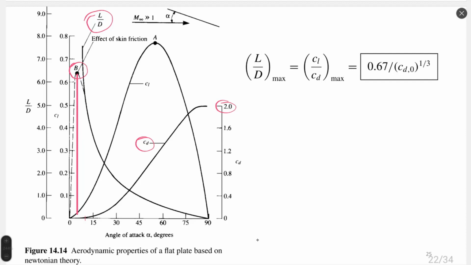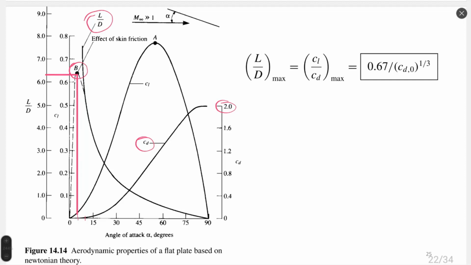Approximately at 5 degrees angle of attack, it gives us the maximum possible lift to drag ratio, taking into account skin friction effect or presence of boundary layer. With presence of boundary layer, lift to drag ratio will never be infinite. It will have at most a value a bit more than 6.3, 6.4, as we may see from these